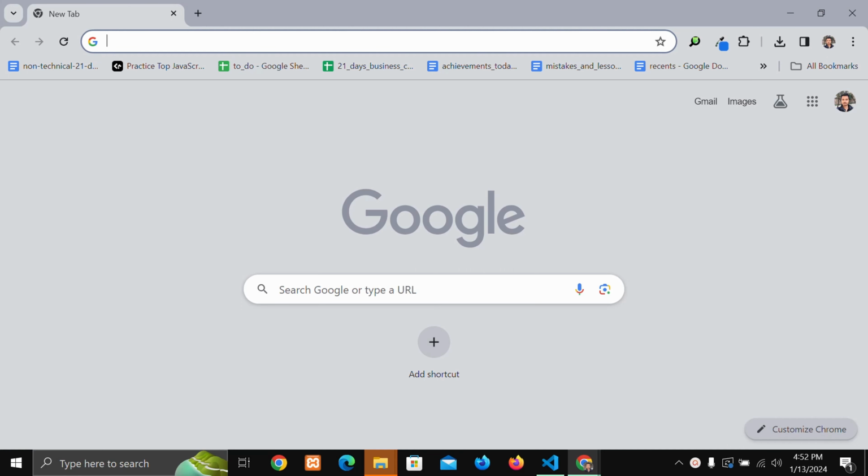Today in this video, we'll be looking at some of the concepts of URL like origin, hostname, domain, etc. And we'll clear the confusion regarding all these concepts like origin, domain, protocol, etc. Alright, so let's begin. I'm in this Google Chrome browser and I'd like to open up the console tab, Ctrl+Shift+J